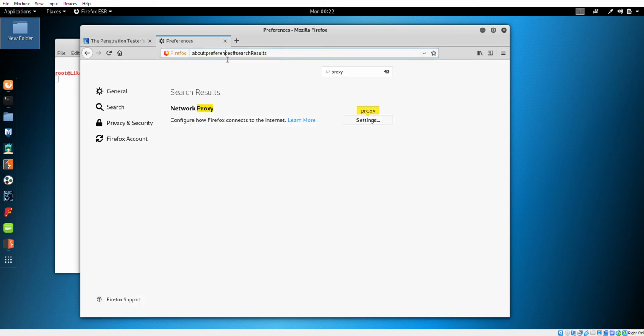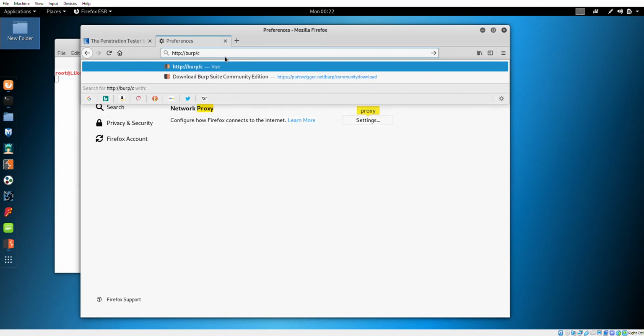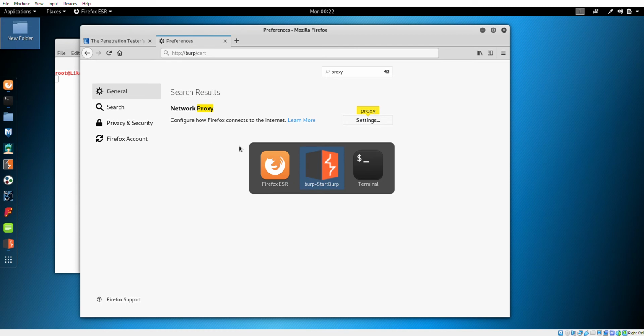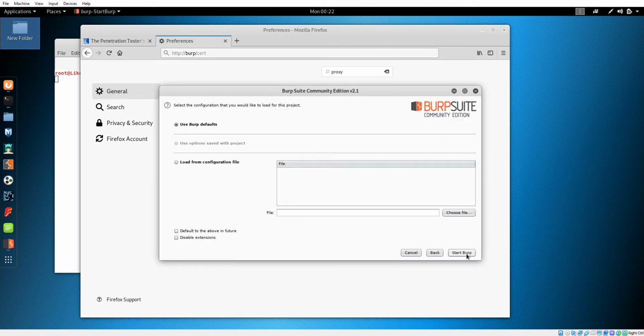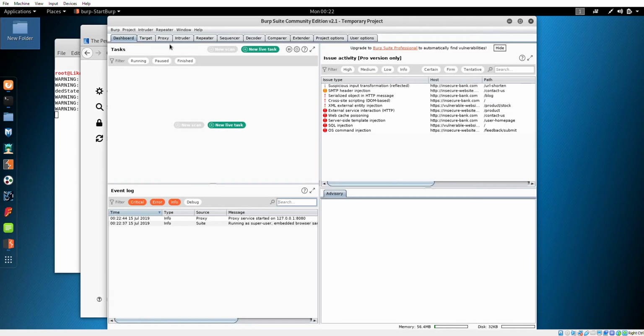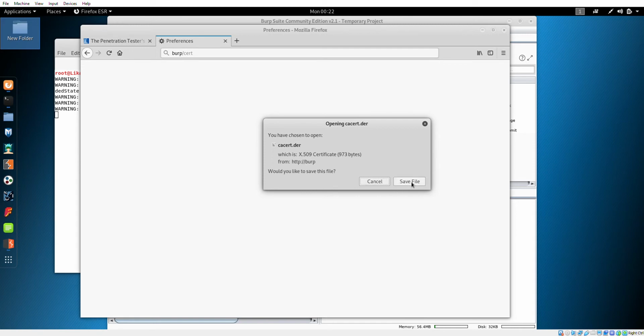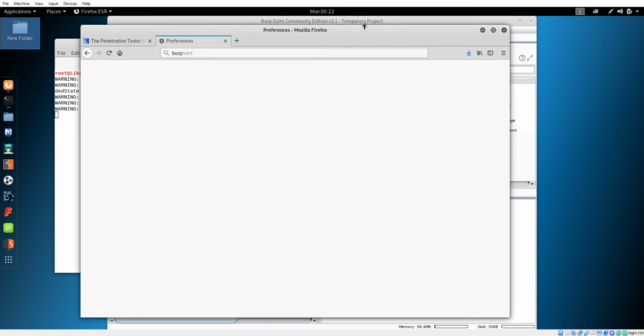Once that's set up, I'm going to go to http://burp/cert once I finish turning this on. And what this is going to allow me to do is download Burp's CA cert, and that way I can trust the interception proxy for all of my HTTPS requests. If I don't do this, it'll be very annoying to do a lot of the labs and real-world pen testing as well. So I'll save this, go back to my options for my browser,